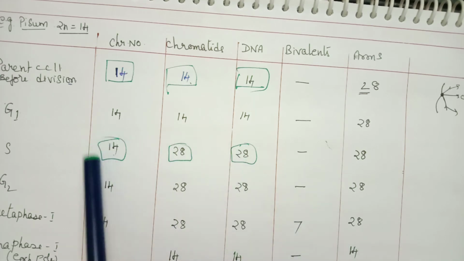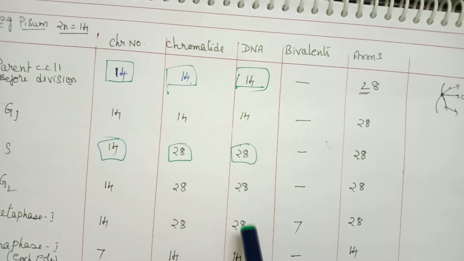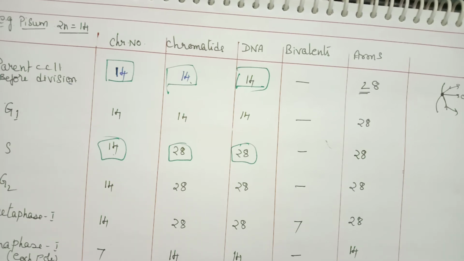But when we compare with the meiocyte, that means when the cell enters into division, then the DNA content will be 1/4 that of the meiocyte. I hope this table is clear, children. So you have to note it down and once again learn it. Here I complete this particular topic.